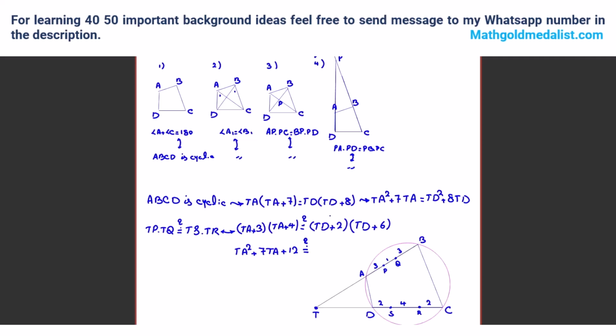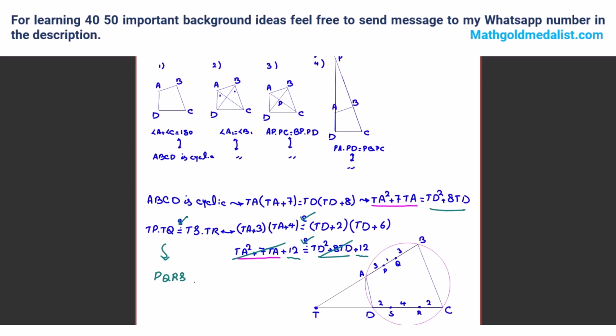Y is equal to TD squared plus 2TD, 6TD, 8TD plus 12. Now here, TA squared 78, TA squared 78. Pink part, green part. TD squared, 8TD, so they are equal, and we can cancel these two parts. From here, they are equal, because ABCD is cyclic. So we should prove why 12 is equal to 12, and it's correct, so this one is correct. And now, by the fourth rule, we can say